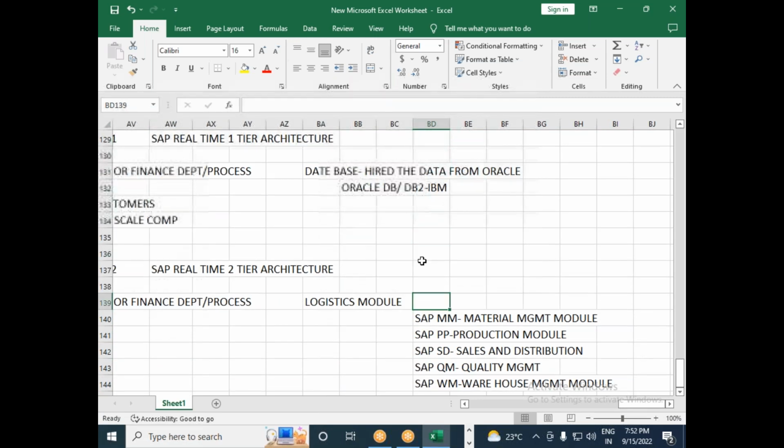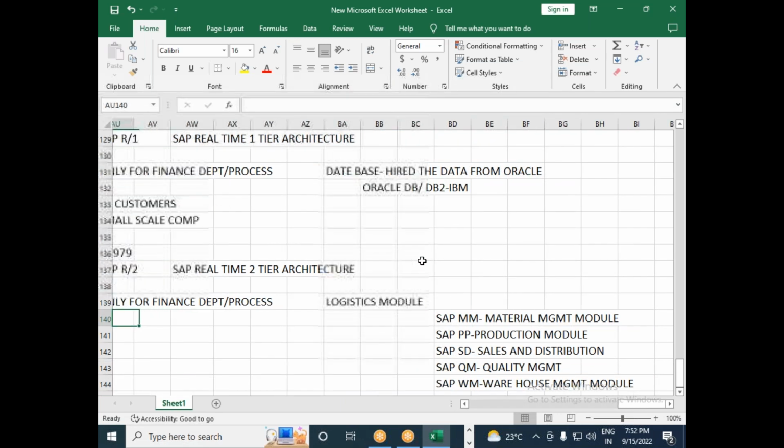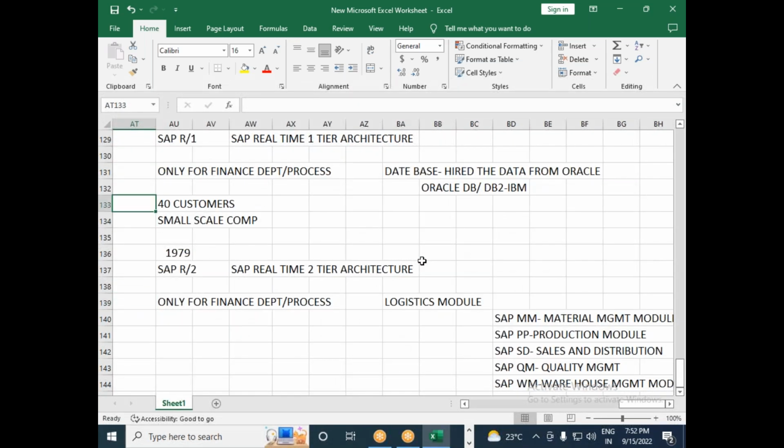With the introduction of logistics modules, the SAP customer base increased from 40 customers to almost 800 customers during the period of 1979. Why? Because you have the solutions available for all other modules as well. That is the reason their customer base increased from 40 to 800 customers. Still, SAP was not able to be used in very big organizations because of the